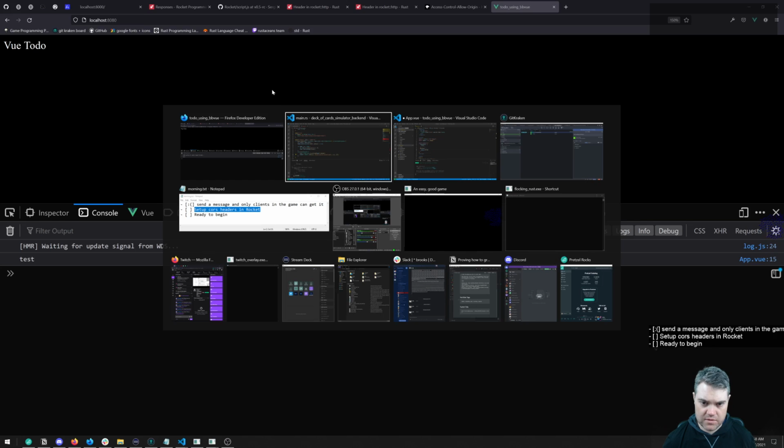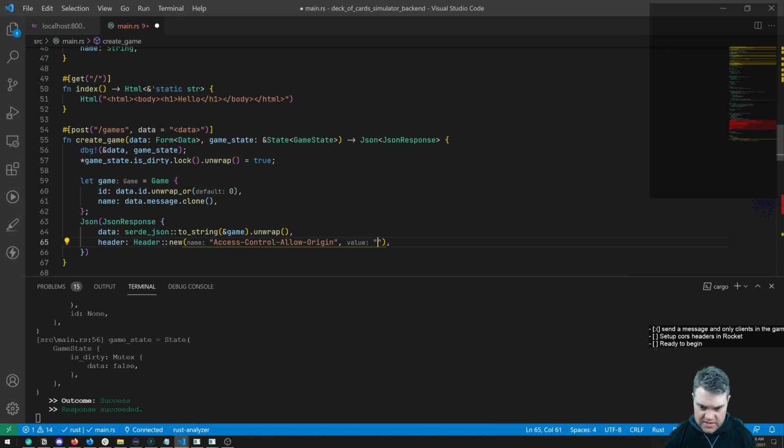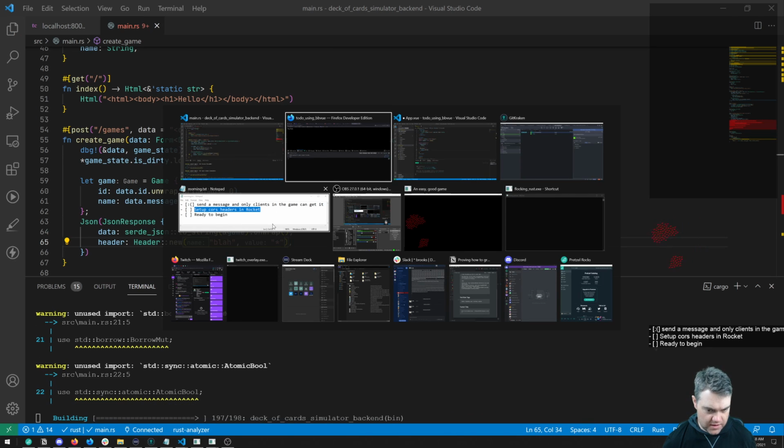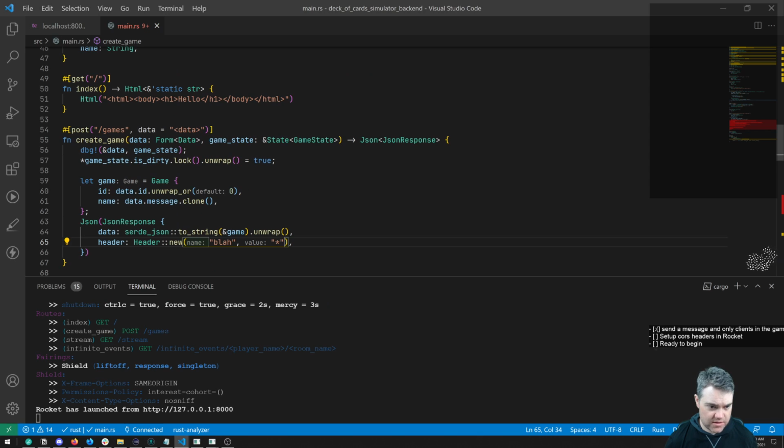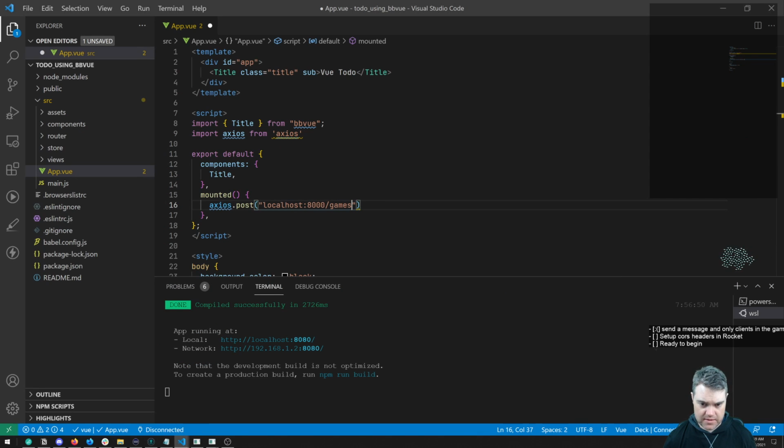This value here, we're going to say star, and we're going to change this to be blah. Not really a helpful header, but hopefully I'm expecting us to run into a CORS issue here. So when I go to localhost 8000 slash games,